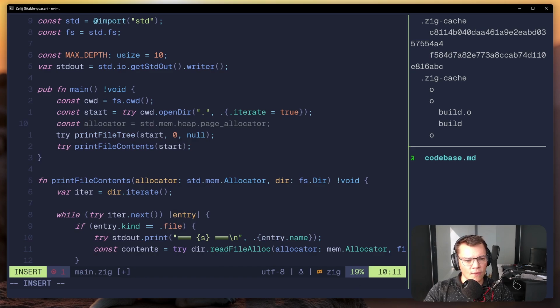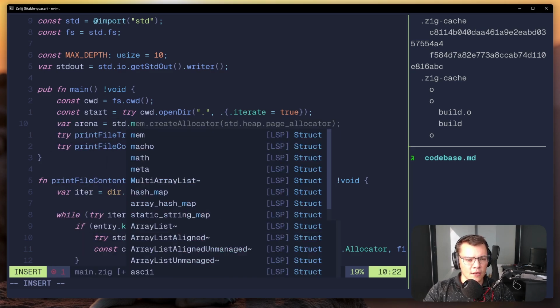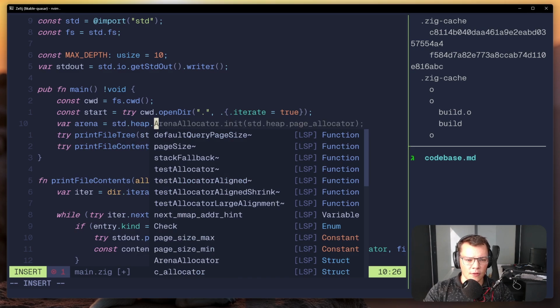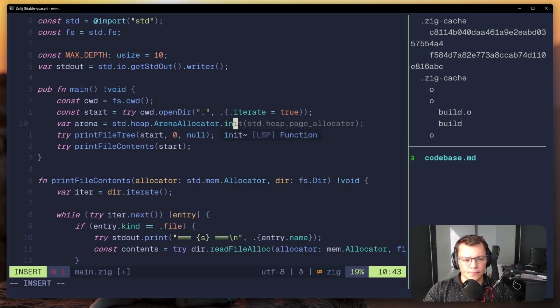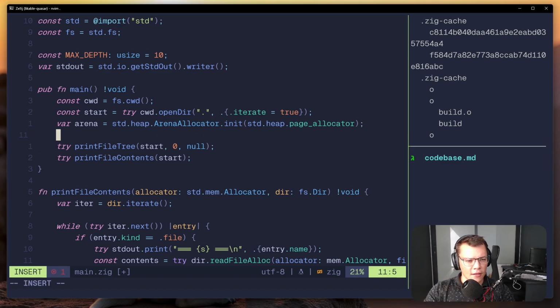So we could allocate, deallocate, and reuse the buffer maybe. Right, let's just start simple. I'm going to say that the arena is going to be a std.heap.ArenaAllocator, and it uses the page allocator as the underlying one. So we're going to allocate page by page, and then we can say const allocator equals arena.allocator, and then